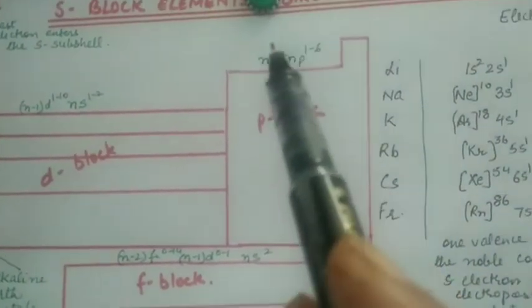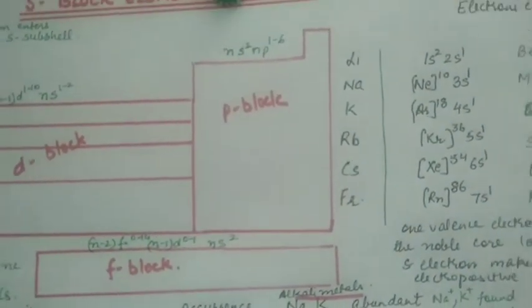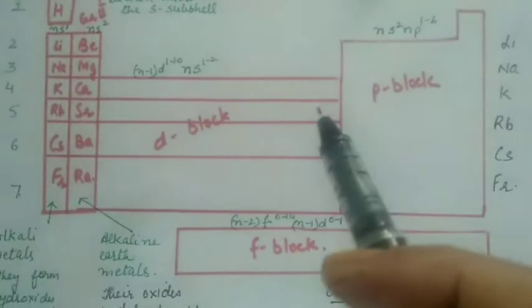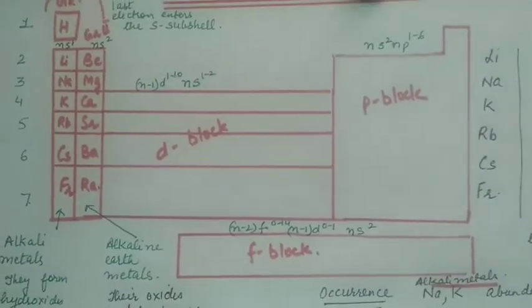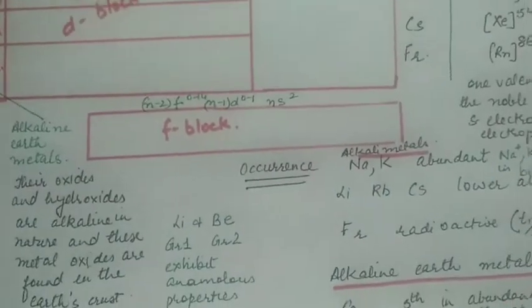Group 13 to group 18 belong to P block because the last electron enters the P subshell. The general electronic configuration is ns2 np1 to 6. Group 3 to 12 elements belong to D block because the last electron enters the D subshell. And below the